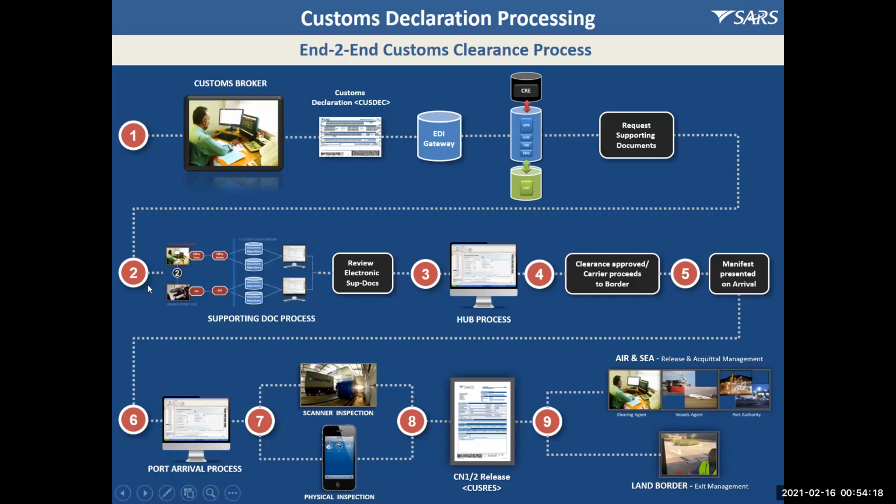So once the supporting documents arrive through our system, we're able to assess them, and then we decide either we release the goods or not. If we release the goods, then the goods are released, and you get the message as a trader or as a traveler that you can proceed to the next level. But if we're identifying certain concerns with the goods, then we call for physical examination where we pull the goods,